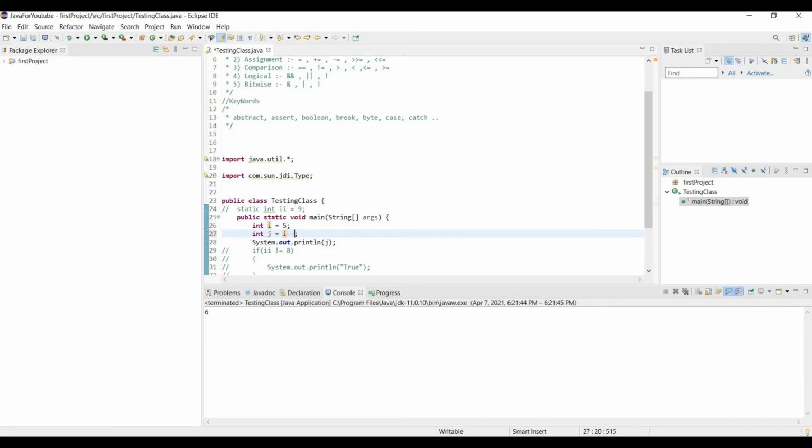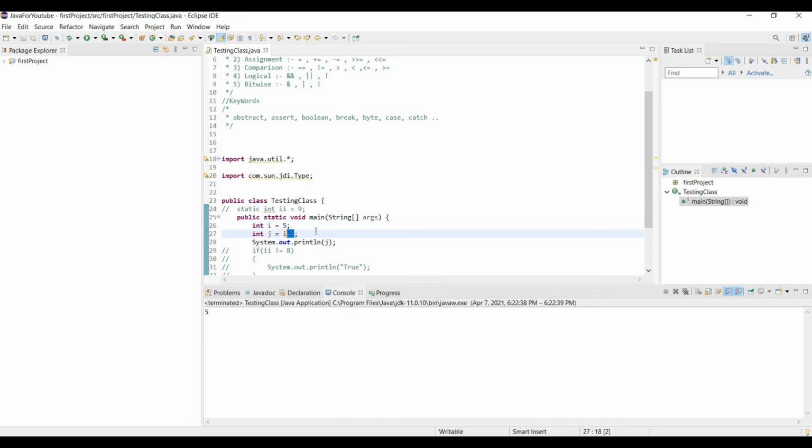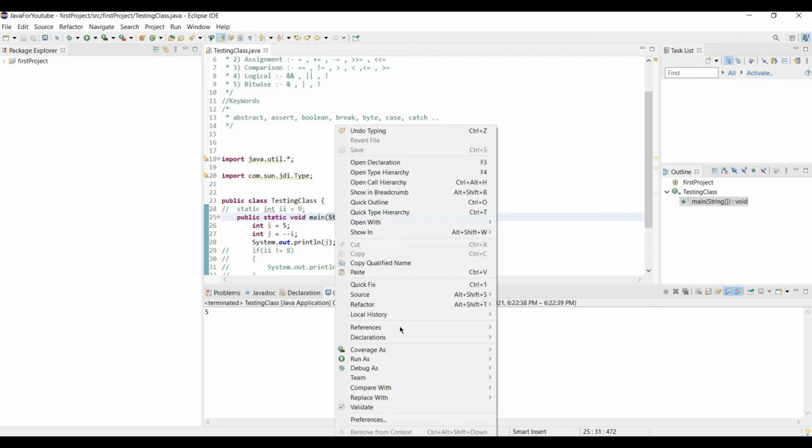Okay, we use this in loop. Okay, as I said, first it will print the value of I, then it will print by using -1 in this previous value. And now what it will print.